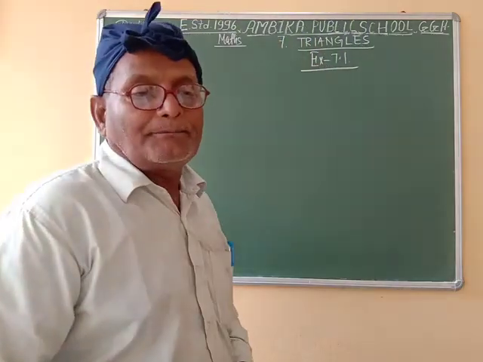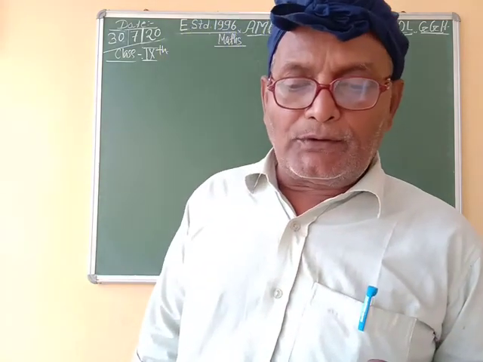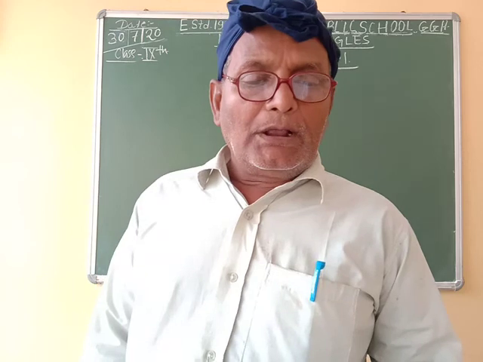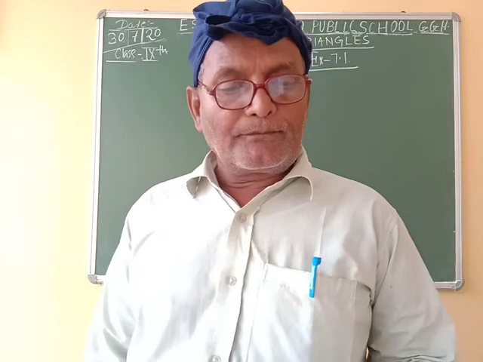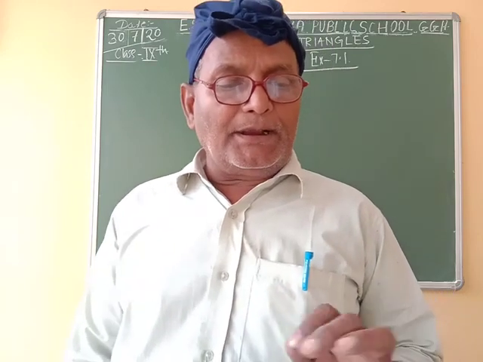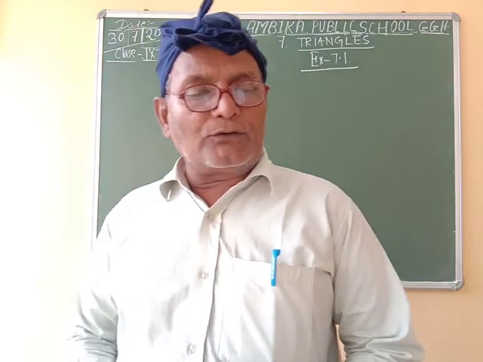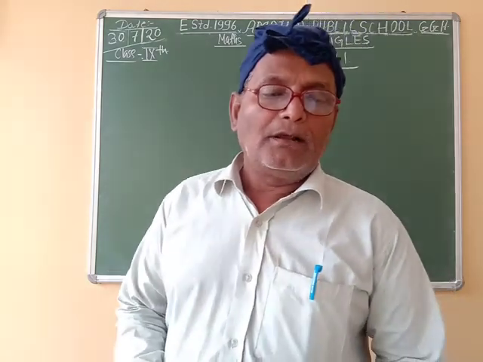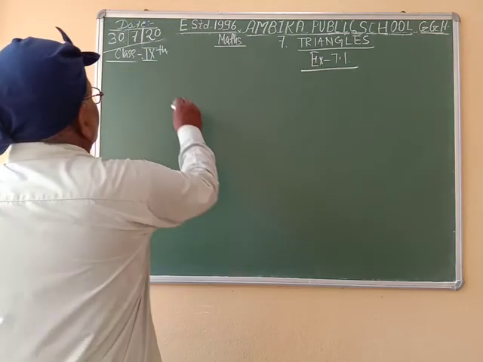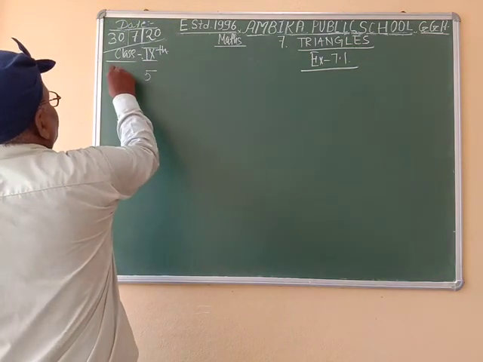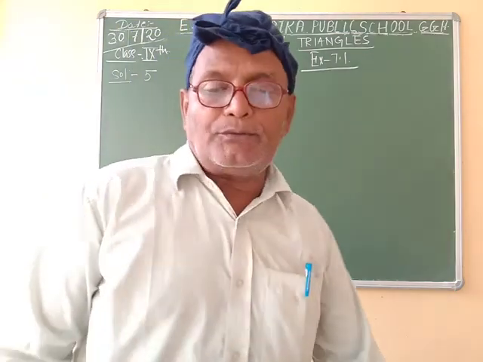In question number 5, line L is the bisector of an angle A and B is any point on L. BP and BQ are perpendiculars from B to the arms of angle A, so that triangle APB is congruent to triangle AQB and BP is equal to BQ, that is, B is equidistant from the arms of angle A. So first of all we draw the figure for question number 5.